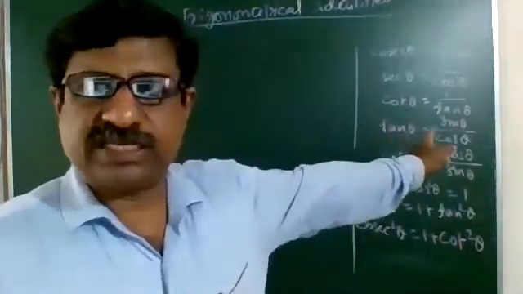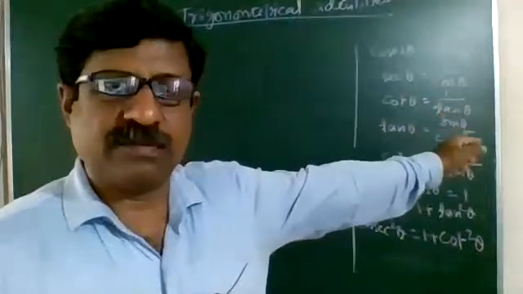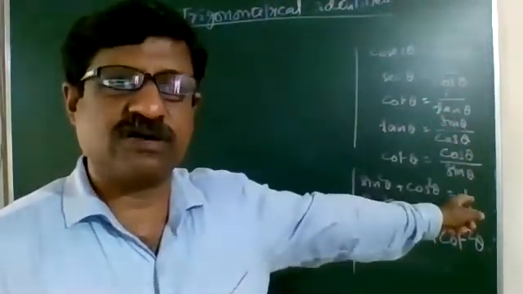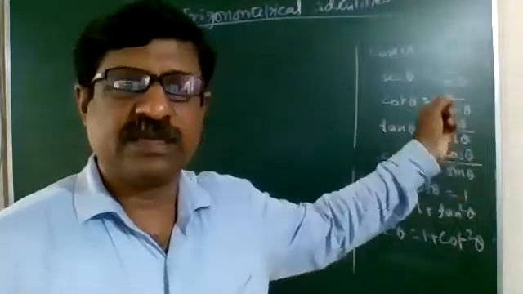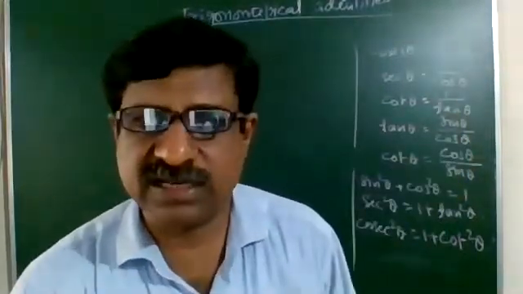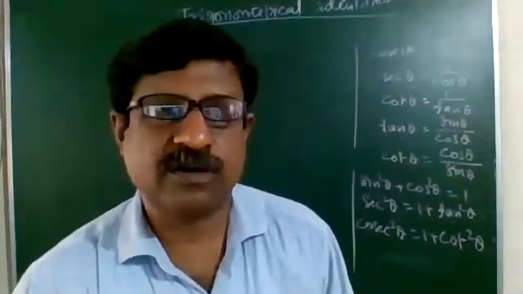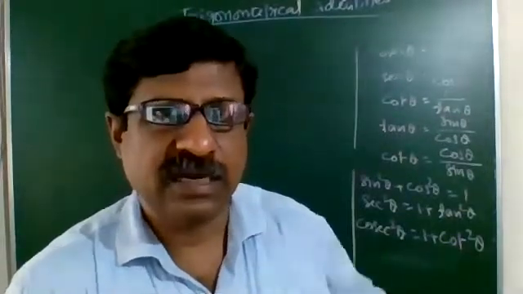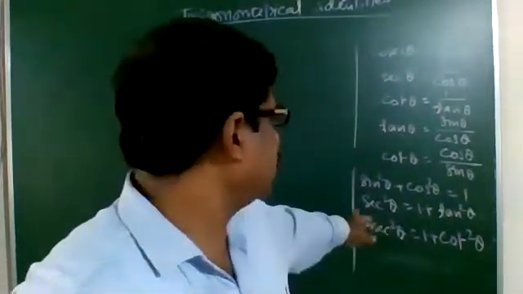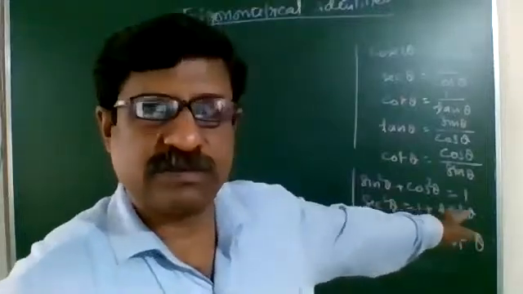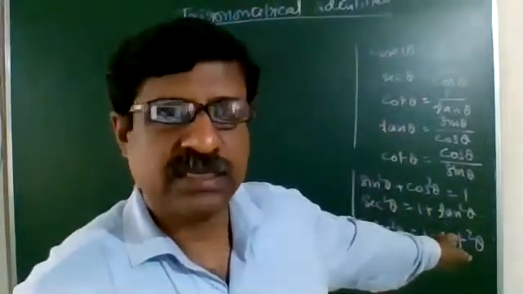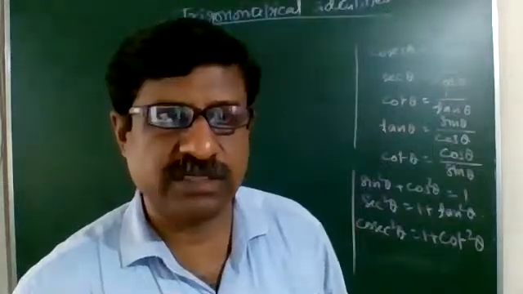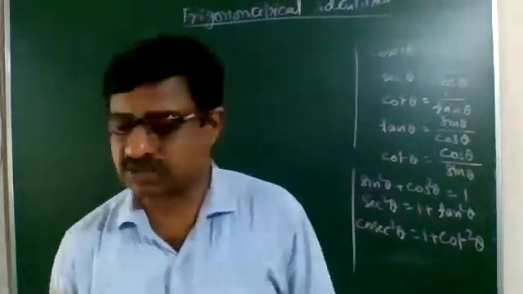They are: cosec theta is 1 by sin theta, sec theta is 1 by cos theta, cot theta is 1 by tan theta. They are the reciprocals of sin, cos and tan respectively. Another formula for tan theta we learned is sin theta upon cos theta. Cot theta is cos theta upon sin theta. Other than this, we have some identities: sin square theta plus cos square theta is 1, sec square theta equals 1 plus tan square theta, and cosec square theta equals 1 plus cot square theta.